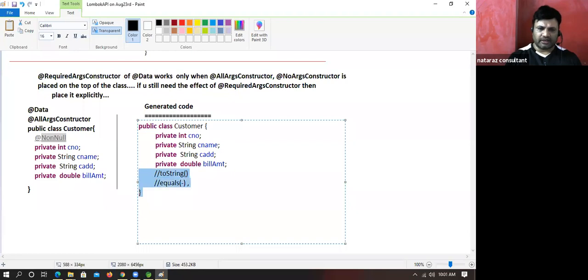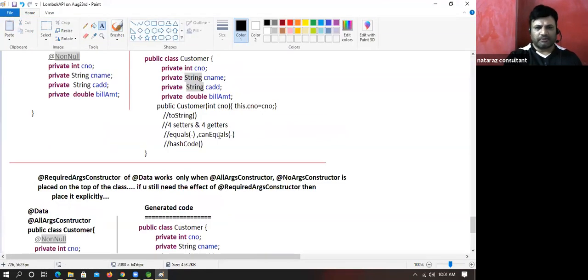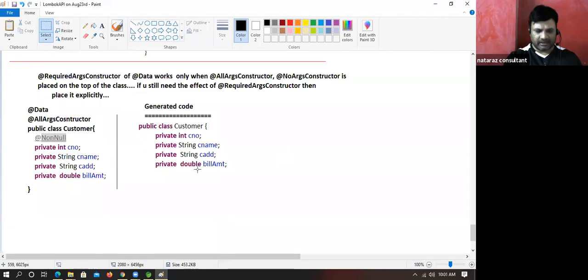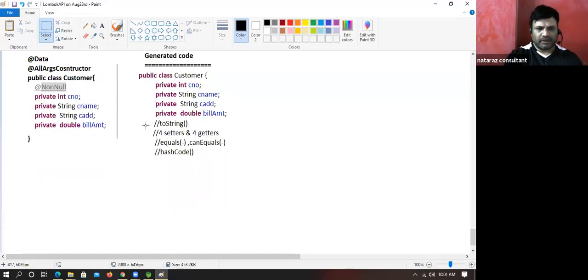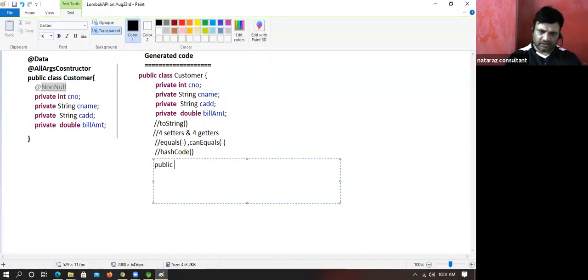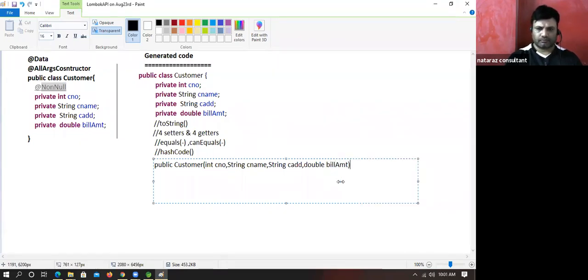Why am I wasting my time, boss? Let me copy paste all this stuff from here. Anyhow, this bunch will come as it is here. But here you will get the parameterized constructor: public Customer(int cno, String cname, String cadd, double billAmount).